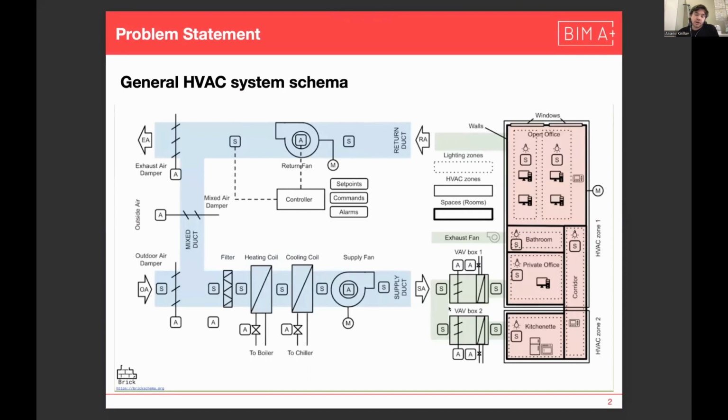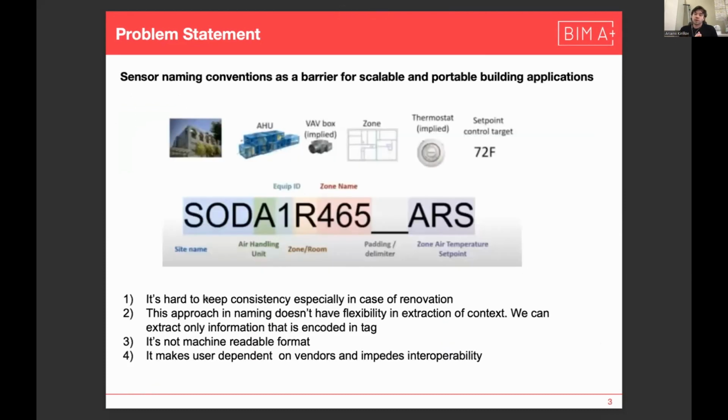We can see here the air handling unit, that is the blue one, and the red ones are the zones that it serves. The most interesting thing here is the sensors, which are marked as S in the air handling unit. Those sensors usually have very long tags, and these tags are usually specific from one building to another. It is actually a big problem if you want to develop an application that could be scaled and work not only on the data from one building, but also for a number of